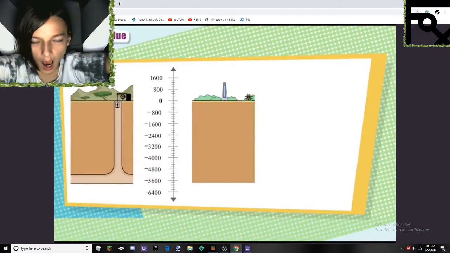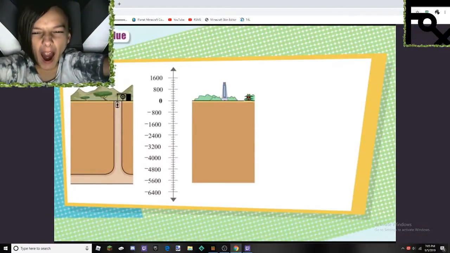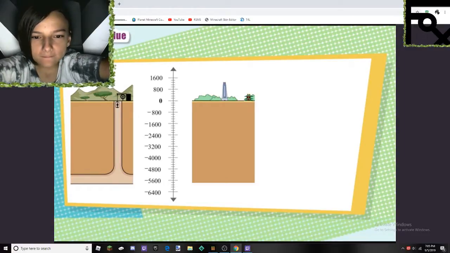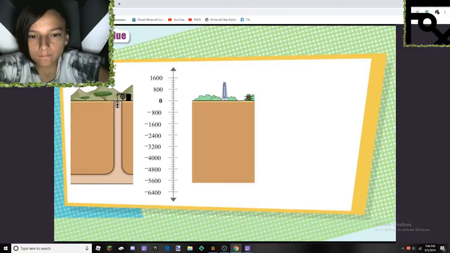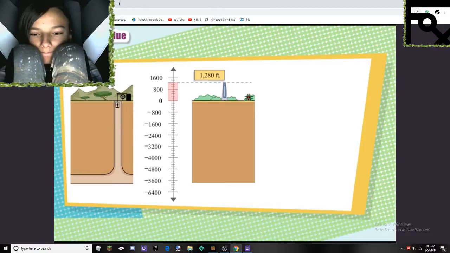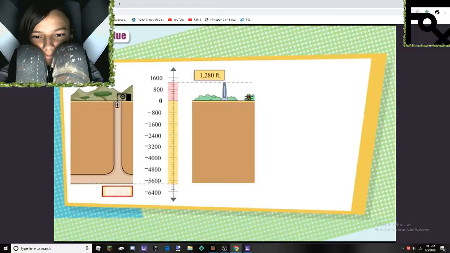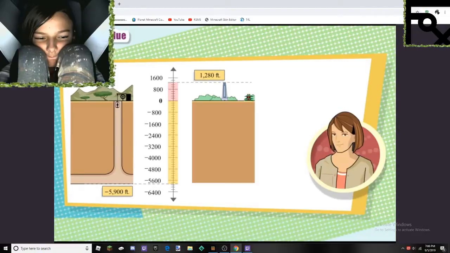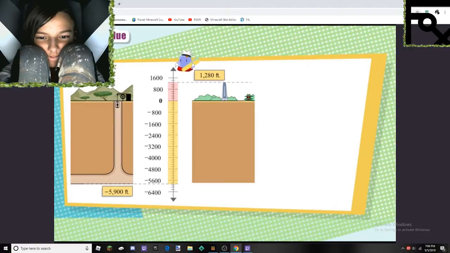Let's look at how we might use absolute value to compare the absolute value of two numbers. An elevator in one of the world's tallest buildings in Japan rises 1,280 feet. Halfway around the world, in Africa, a gold mine has an elevator that travels about 5,900 feet below sea level. Let's assume that we want to use absolute values to compare the distances above and below ground level. If 0 represents ground level, the distance of the elevator from ground level to the top of the building can